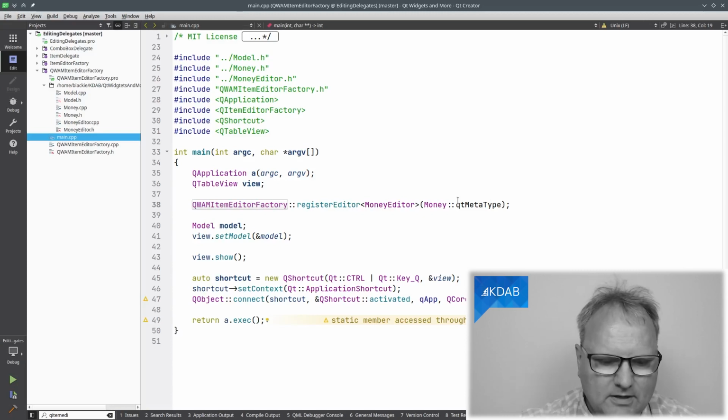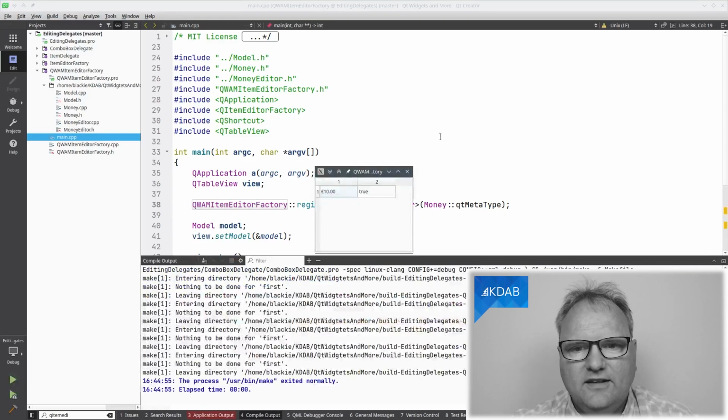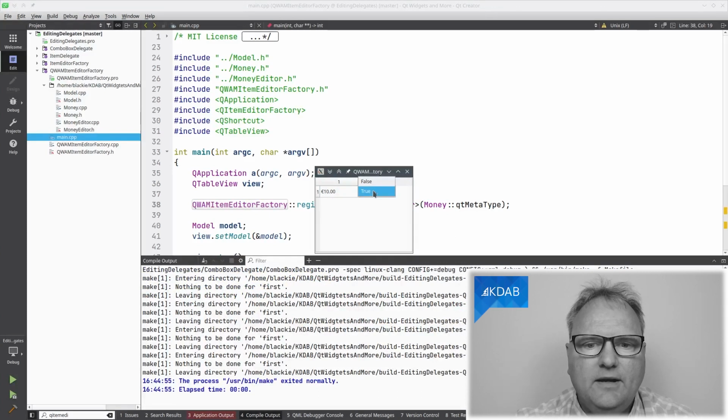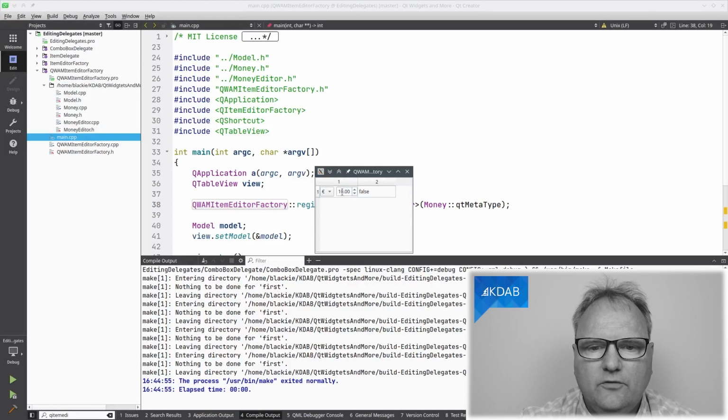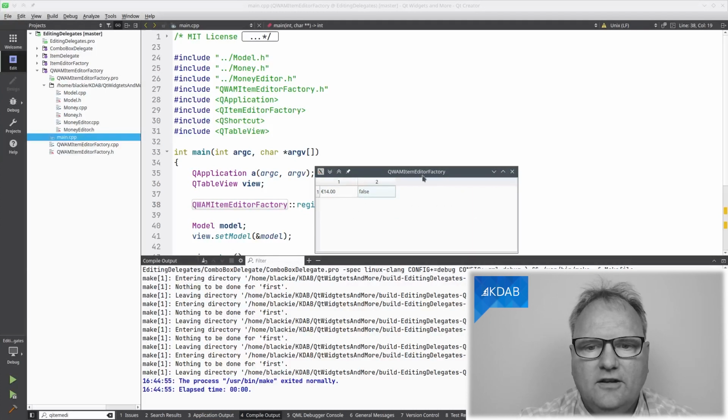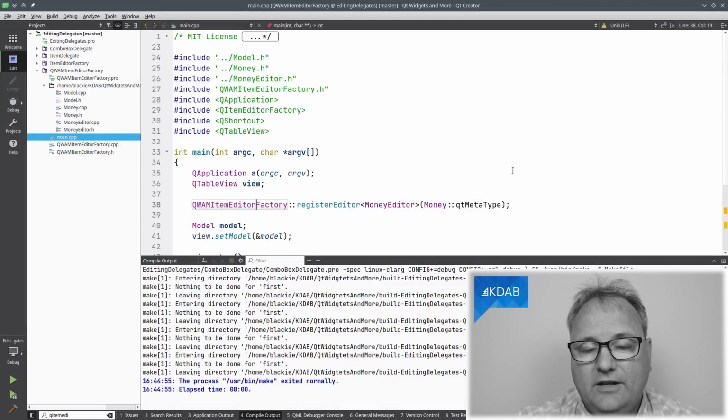And maybe I should just run it for you so you can see it's actually working now. Here I'm editing this one with the regular editor, and over here I'm using my own editor for editing. And let me just, so you can see the title here, it is truly the right one I am running now.